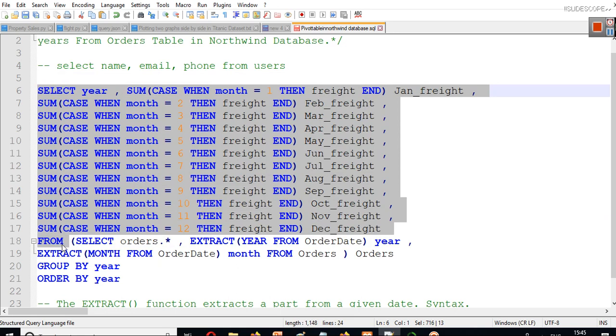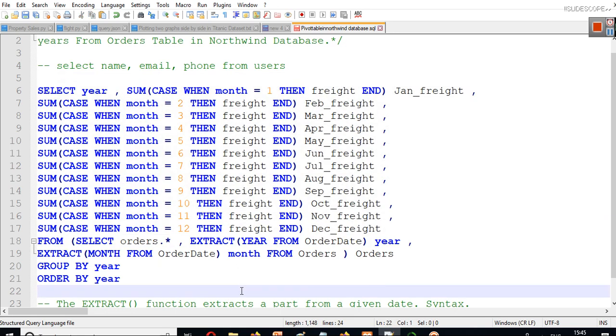This is from. Now this from is a bit tricky here. This is select orders dot star comma extract year from order date. So orders dot star means everything from orders, and we are selecting year from order date.